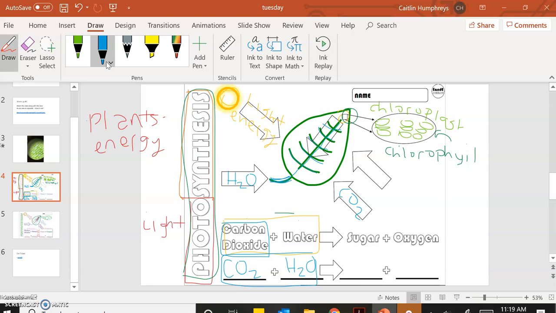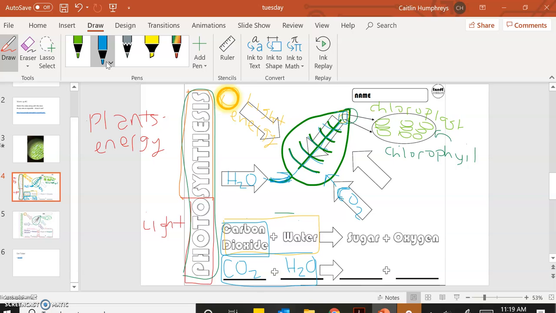And remember, we're scientists, so we don't call it air. We call it specifically what we're talking about. And so that CO2 comes in from the air. The water comes in from the roots, and these two things meet in the chloroplast, and then they are essentially